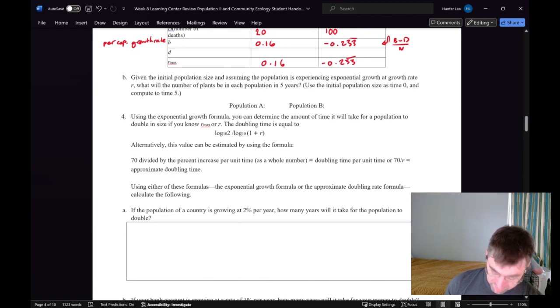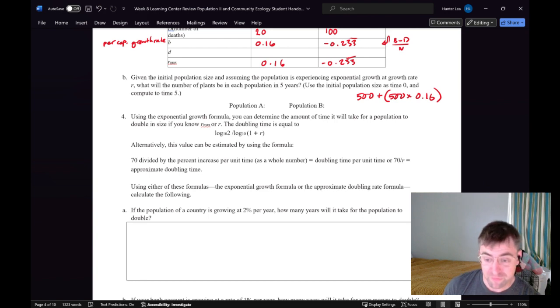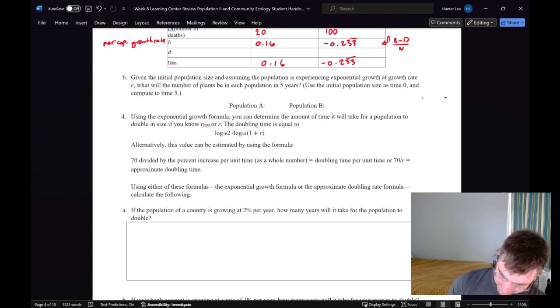Someone better at speaking the language of math than I can should be the one to explain this to you. But if you simply take your initial population plus that initial population times your growth rate, that will give you the number of individuals after year 1. And then you take that number and you run that again, right? And you should get,